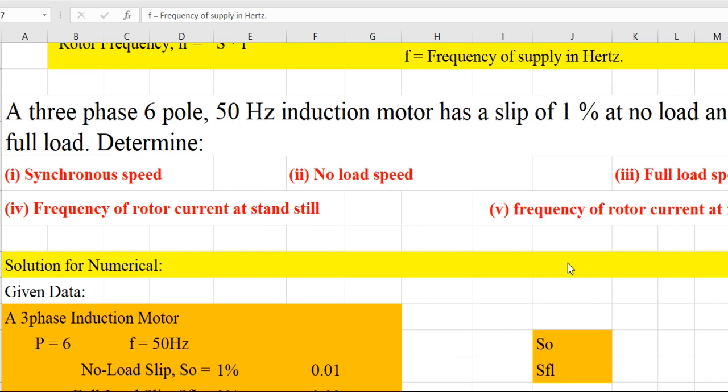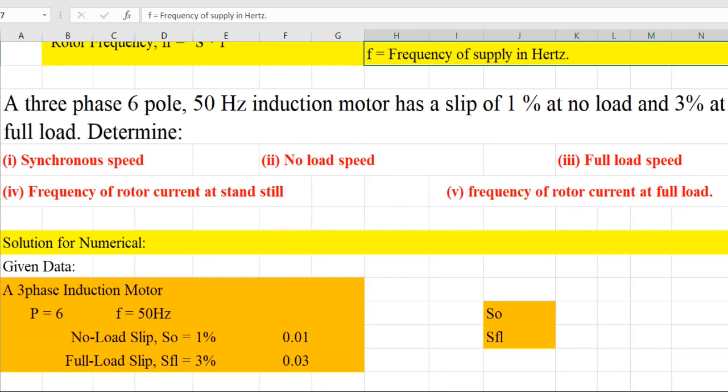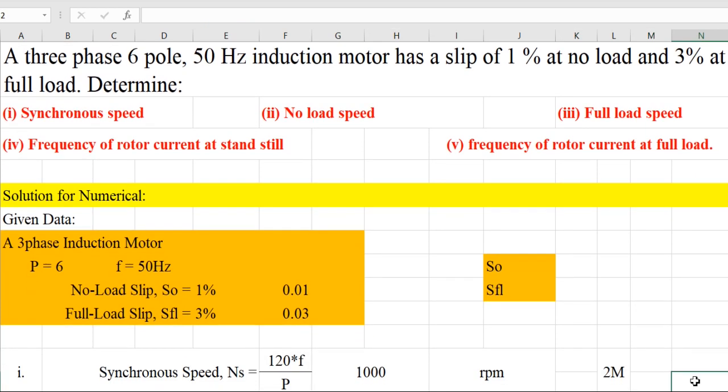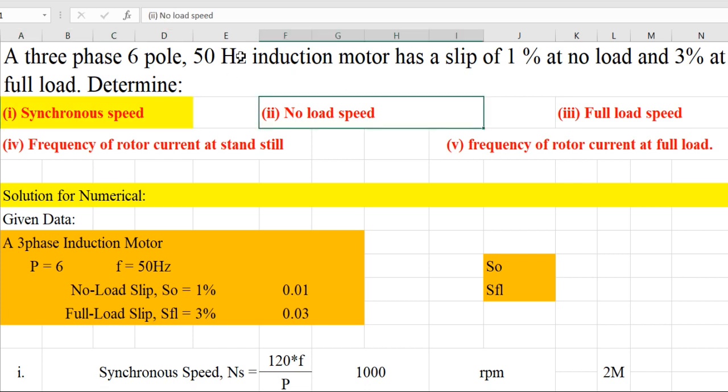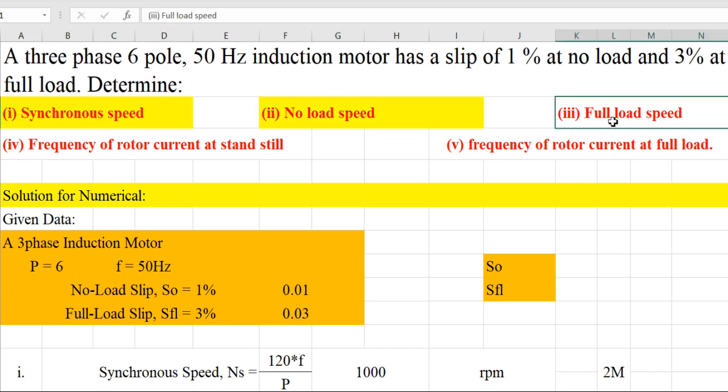Then we can concentrate on the problem related to the induction machine. Here the one problem to consider is with respect to the induction motor: a 3-phase 6-pole 50 Hz induction motor has a slip of 1% at no load and 3% at full load. Determine the value of the synchronous speed, the no load speed, the